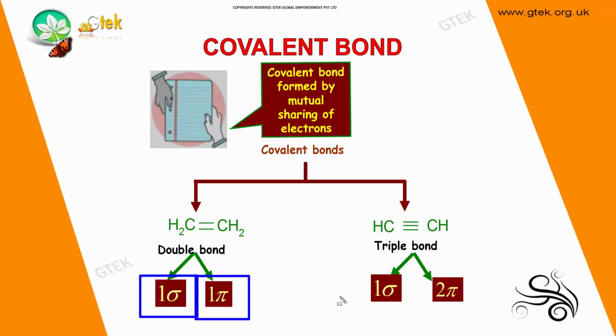Lewis theory represents valence electrons as dots surrounding the symbol for an element. So this is the typical example where you can see BF3 has 6 valence electrons and here it has 8. To satisfy the octet rule, the center should be surrounded by 8 valence electrons. So these two are shared, whereas this one is accepting an electron, that's the acid, and this one is donating, that's the base.